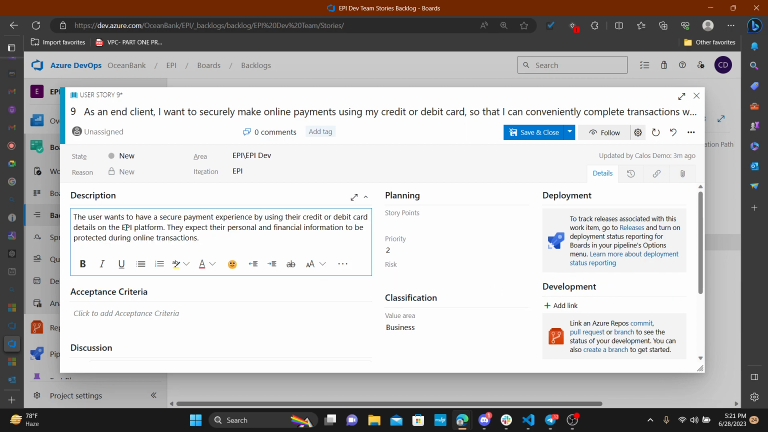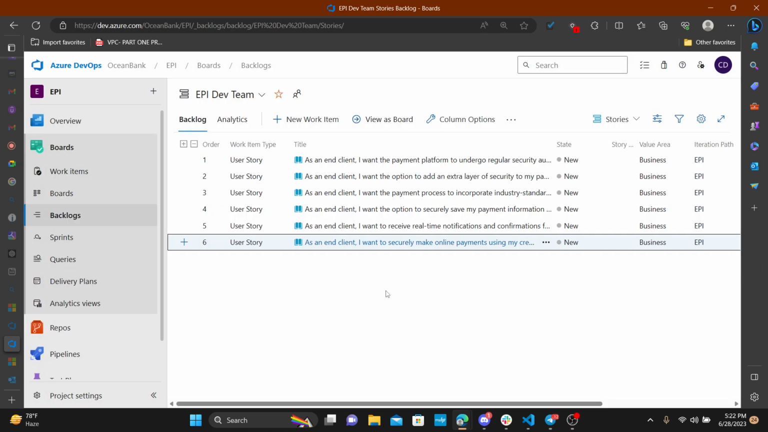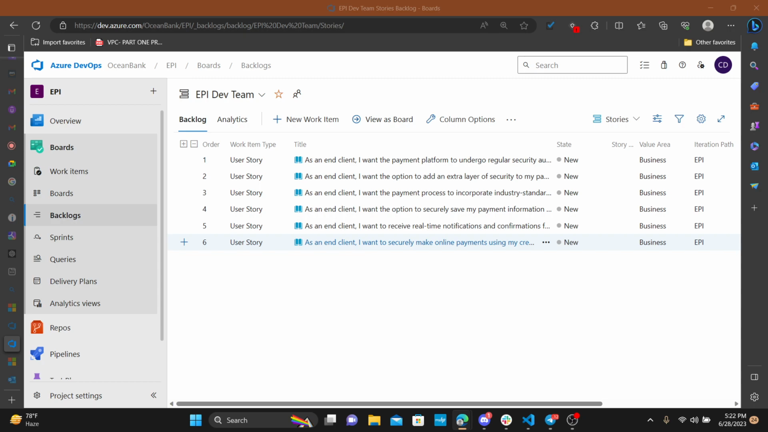Okay. The user wants to have a secure payment experience by using their credit card or debit card details on the API platform, so they expect their personal and financial information to be protected during online transactions. Excellent. That's the first description. And the second description is,